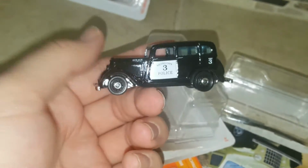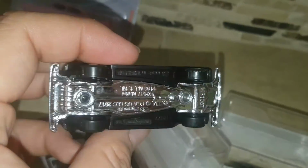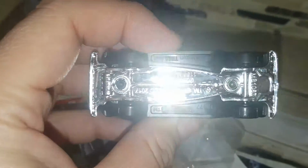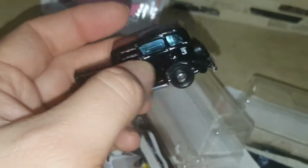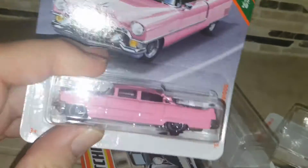So this one is also very cool. Thought it was a very nice casting. The bottom is also in chrome. Don't know if it's also metal or if it's plastic, but there it is. So, and the last one is this pink